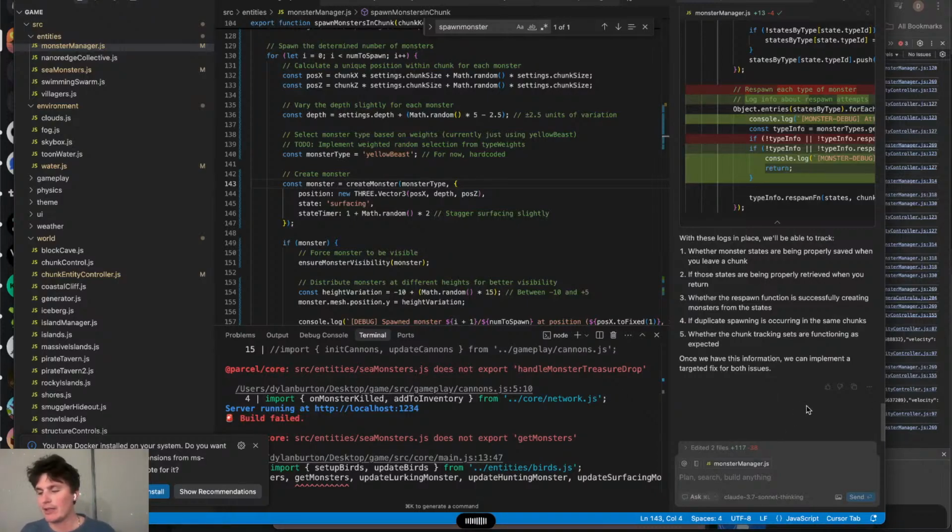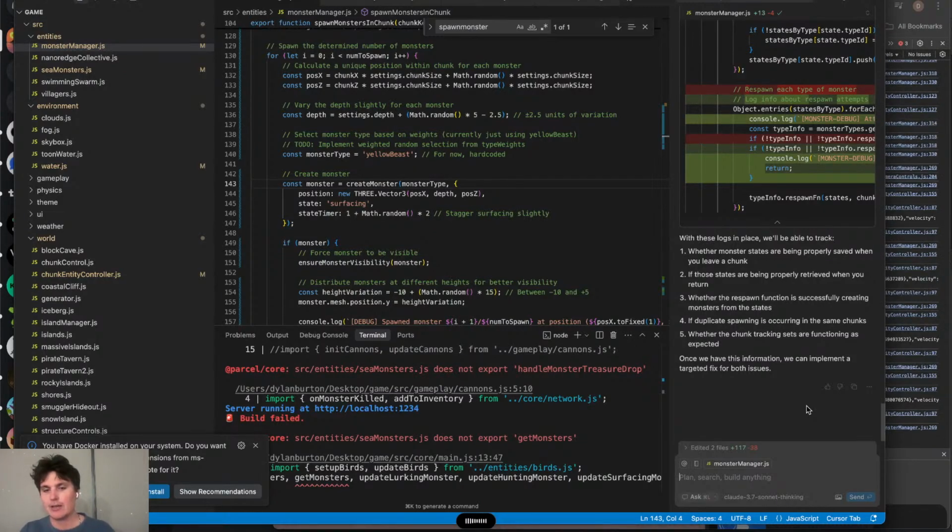So when I first joined the game, there's 22 monsters. If I leave and come back, there was 2 monsters, and when I leave and come back to the chunk, there's 0 monsters. So there's probably a few different issues here. Number one, let's just start with the fact that there's 22 monsters right when I join. Somehow they're spawning a ton of them. So some code is doing that,